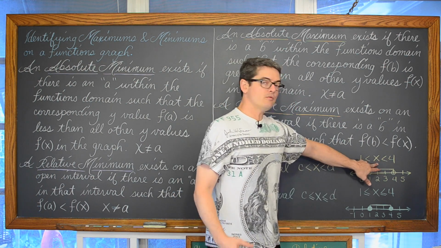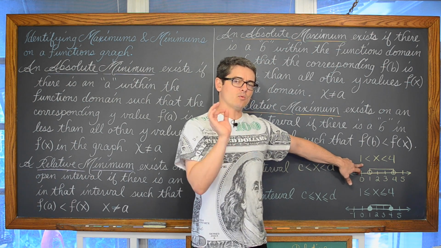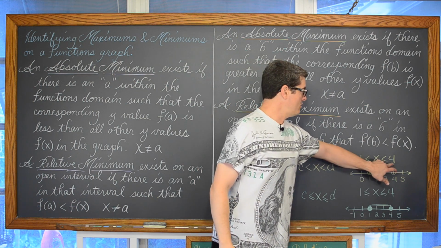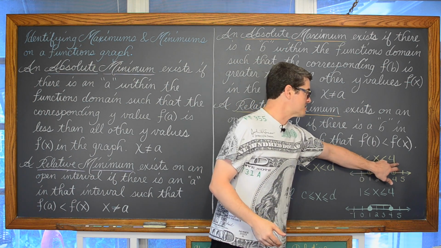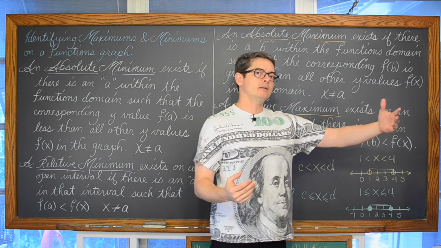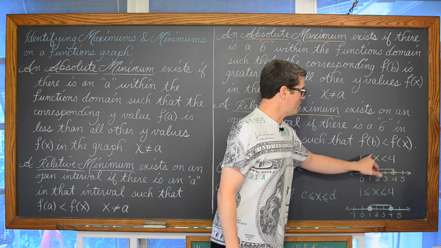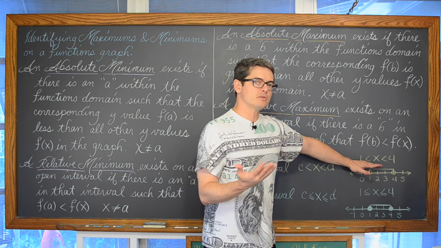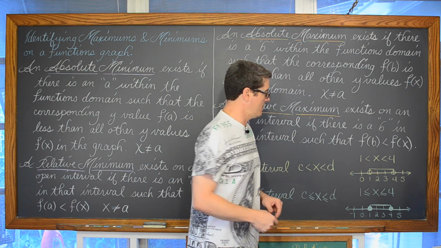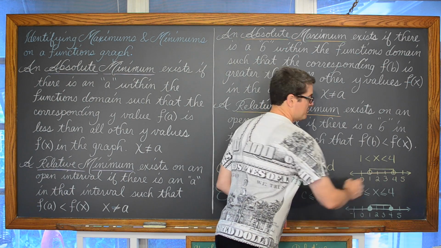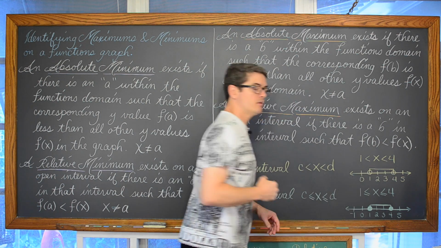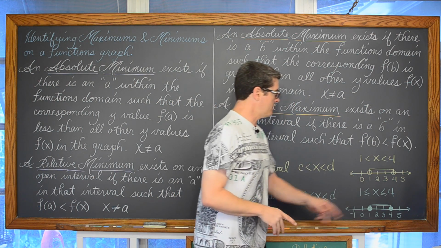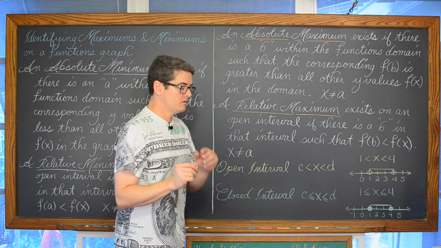So any value of x that's just a little bit bigger than 1, like 1.000000001, would be good. And any value that we can put in for x that is less than 4, even if it's 3. Any numerical value between 1 and 4 is a solution, if you will, to this open sentence. So to graph it on a number line, you'd put an open dot on 1, an open dot on 4, and shade between those open dots. Now that means that the value of 1 is not included in this interval, and nor is the value of 4. It's an open interval.